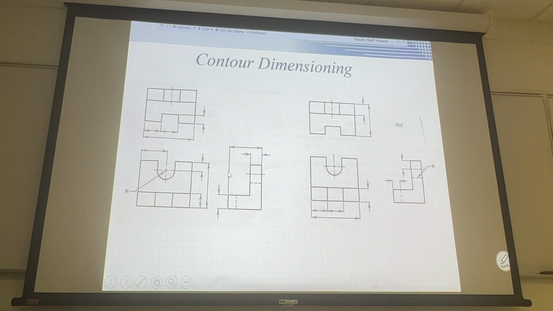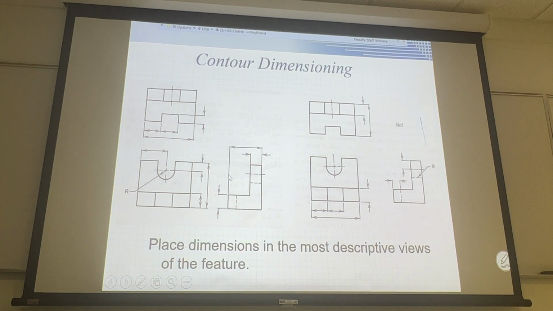Contour dimension. Place dimensions in the most descriptive views of the feature. For example, in order to give radius for this arc, right, it's better to give here, not here. Why? Because this hidden one, you don't know, of course, when you look at this, you know this is the bottom line of the hole, right? But if you put R here, this is a straight line. Why would you put R here? Of course, radius should point to this arc,